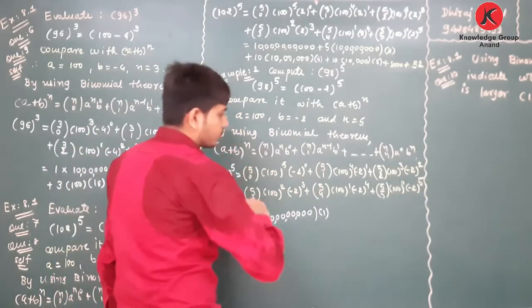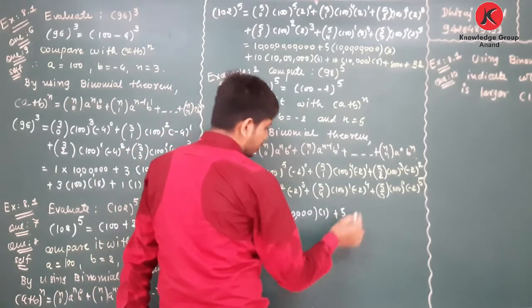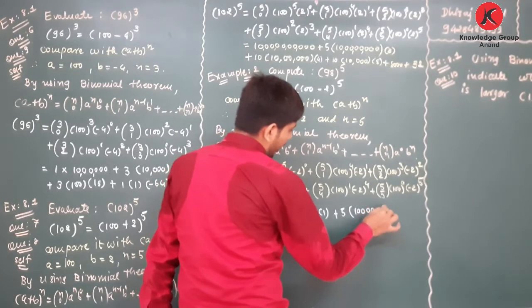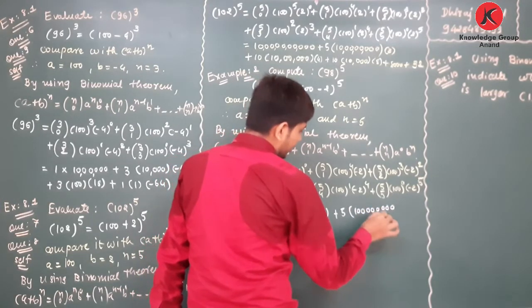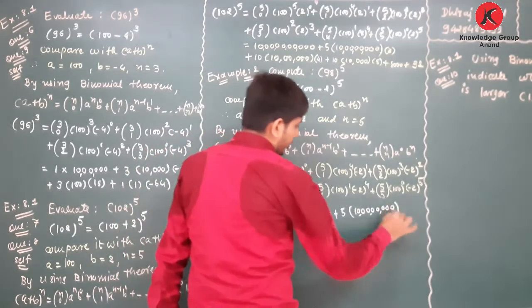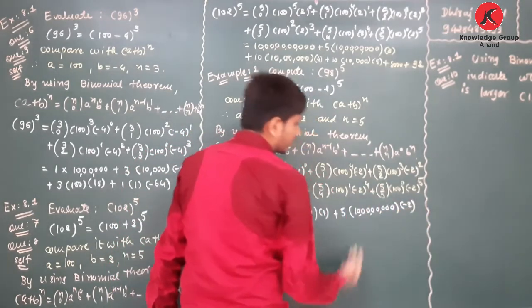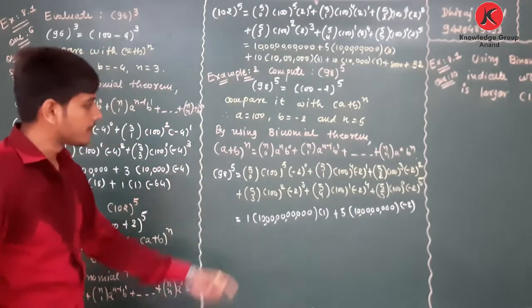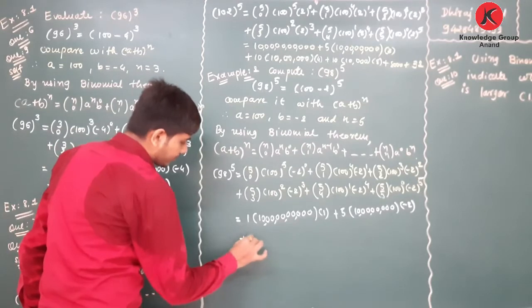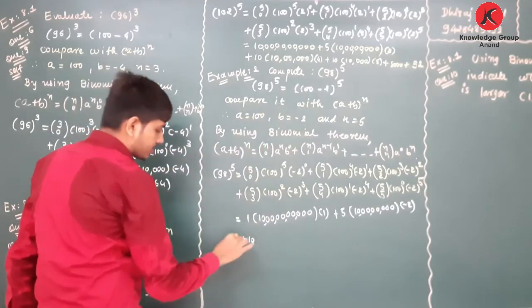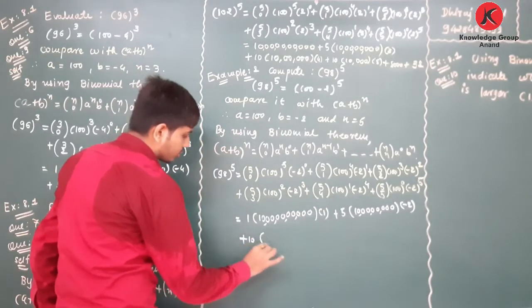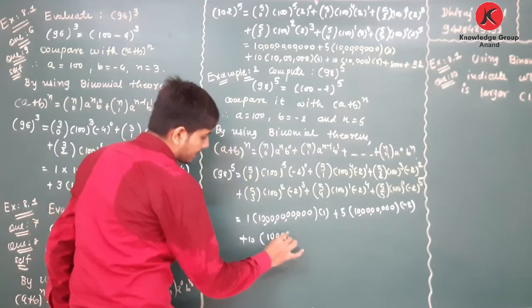So 5C1 will become plus 5 into 1 with 8 zeros, into minus 2 raised to 1, which will become minus 2. Same as 5C2 will be equal to 10, you calculate 5C2, it will become 10 into 100 raised to 3,